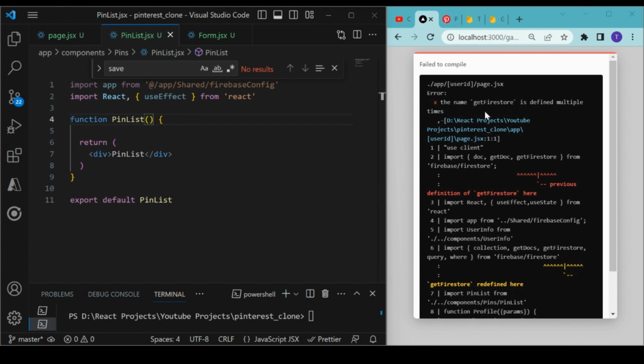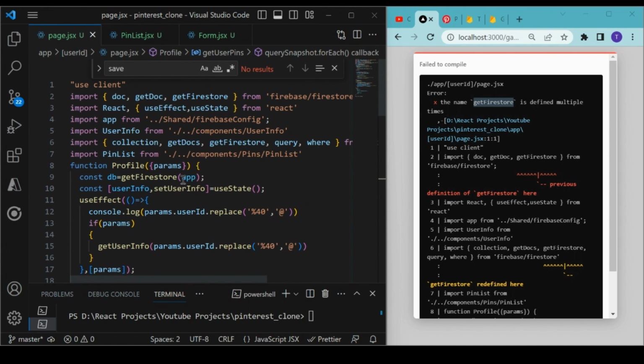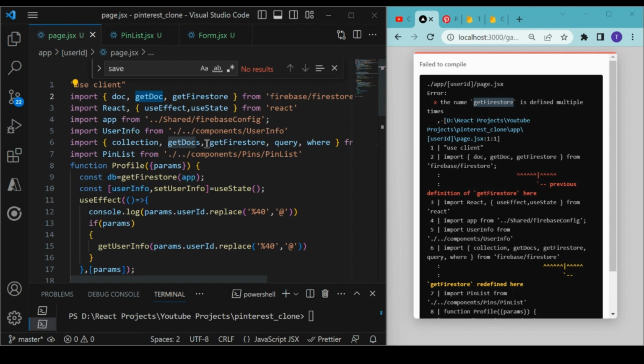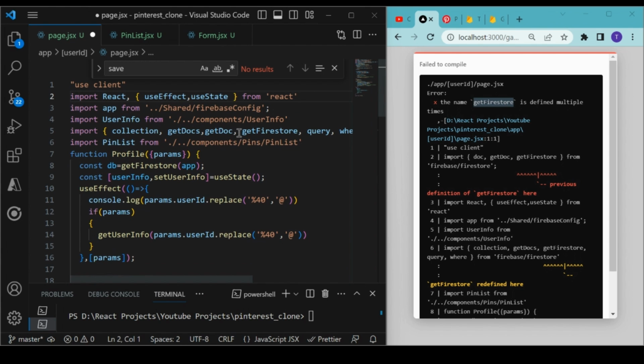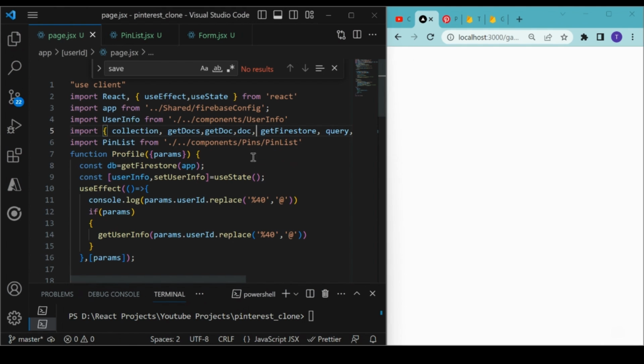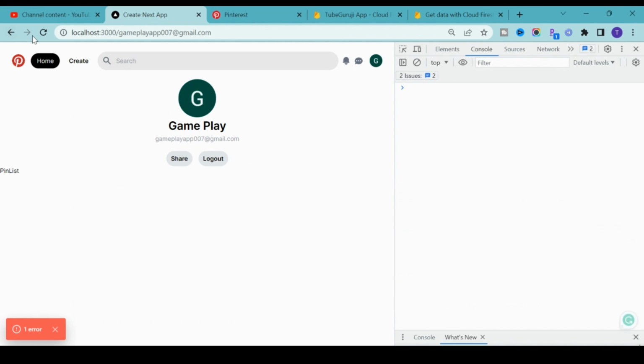So right now we got one error called getFirestore is defined multiple times. So let's see where we define it multiple times. So maybe, okay, I think we copied this one again, right? So I will remove this one, and let me remove this one. Okay, I also want to show doc, and let me save it now. Let's see whether we are getting any error. Now everything looks good. Let me clean this one, let me refresh the screen,